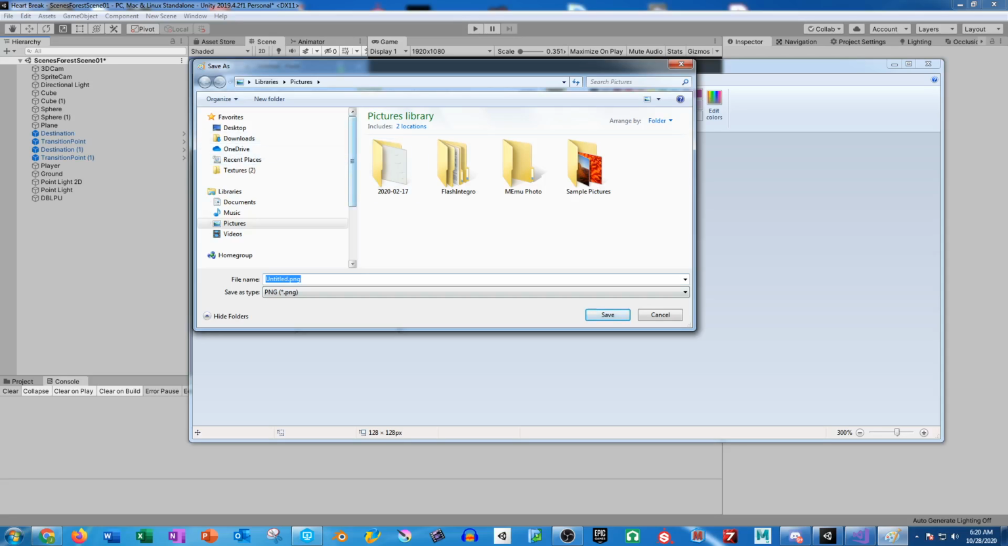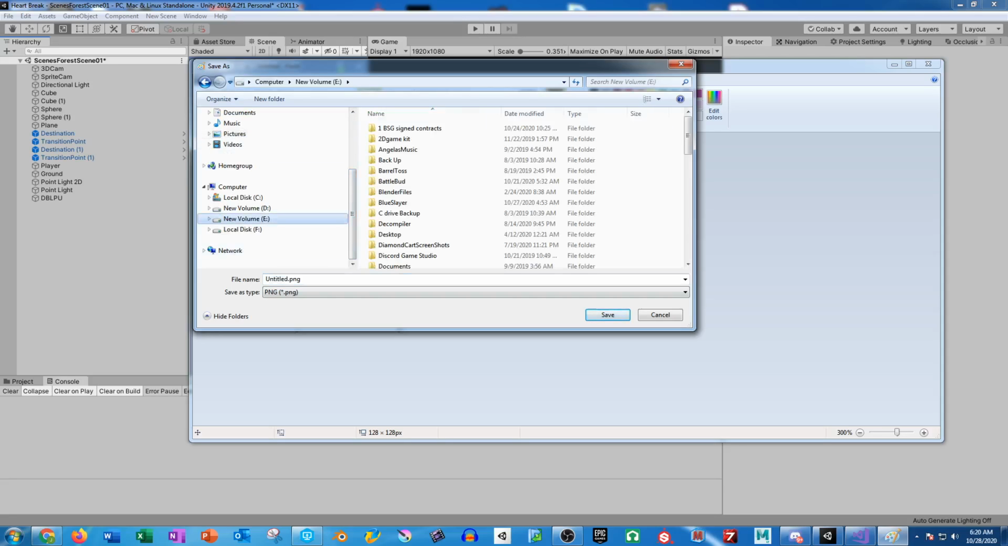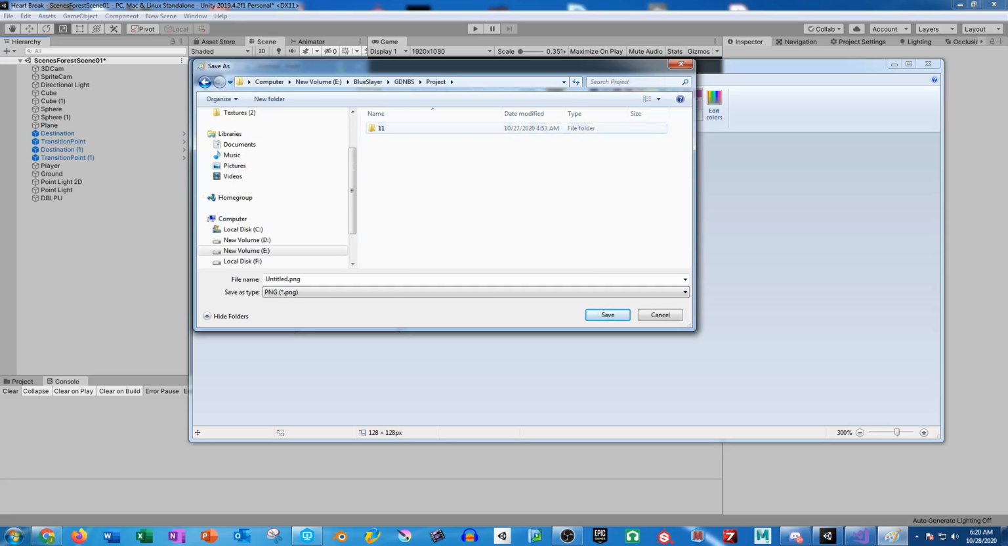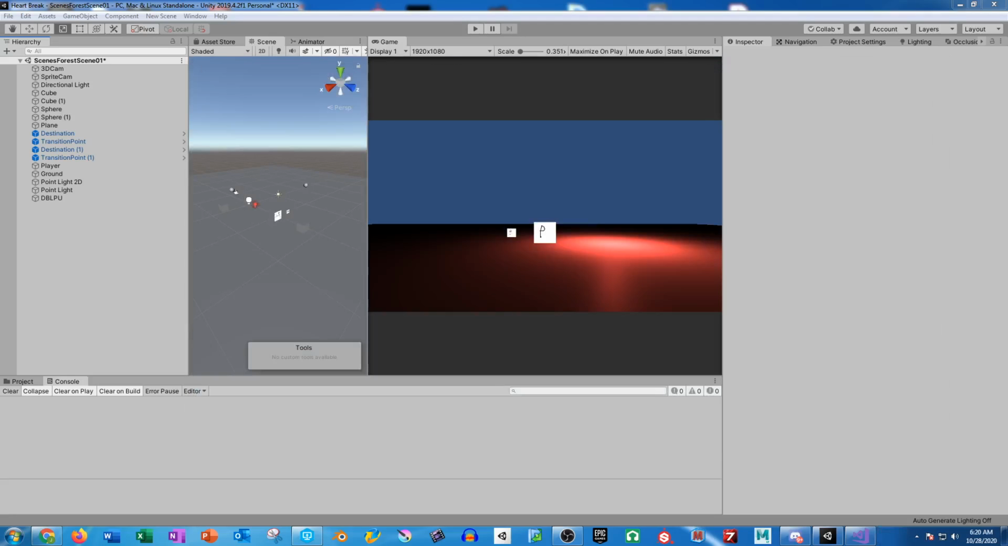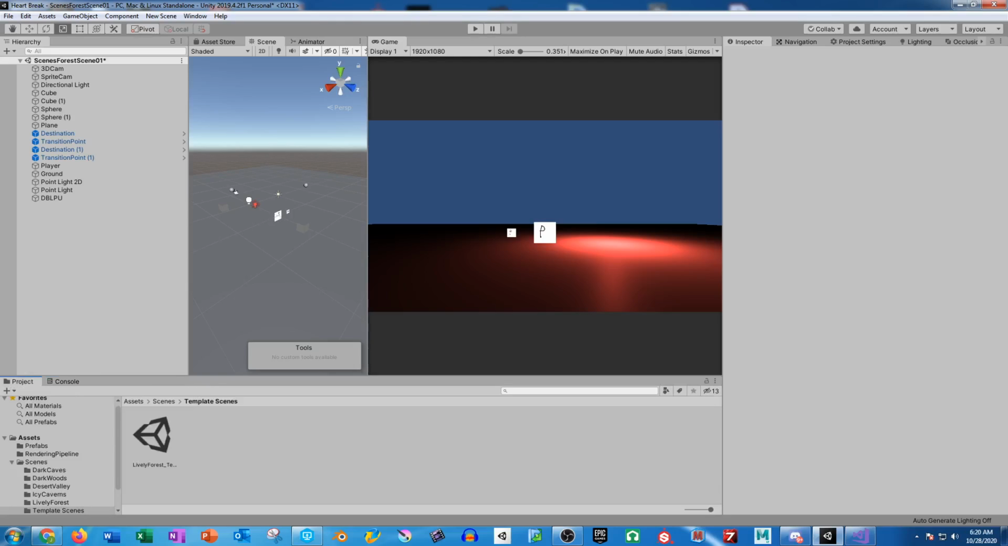And then I'm actually going to come into my file location, which is Blue Slayer. GBS Project 11S1 Blue Slayer Heartbreak Assets Sprites. And this one will just be called Attack PNG. So whenever you import a sprite, whenever you make any kind of sprite, even if it's just a base model sprite,